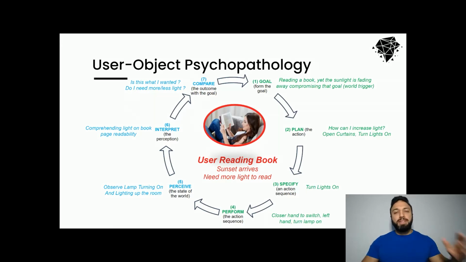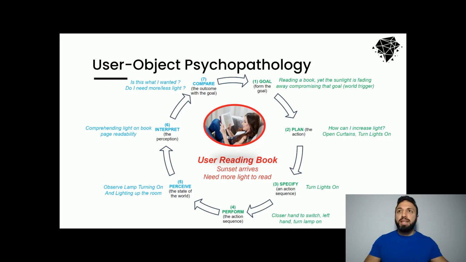So let's take a specific example, again called out in the same book. I'm going to go through it briefly, but it's very easy to comprehend once you put it in words. So basically the book goes, imagine a user reading a book. So somebody is using your product, i.e. the book in this case, or you're designing a smart home, for example, which is another good application for such an example. But let's focus on the seven stages of action for the time being. So if your goal is to read a book, and you're reading a book and something interrupts this action,